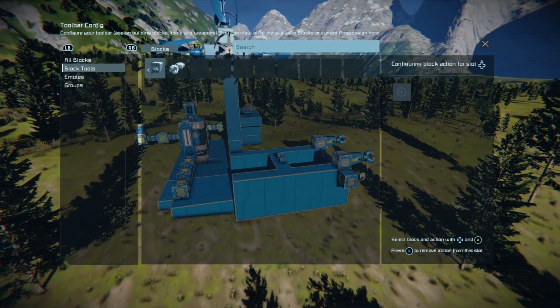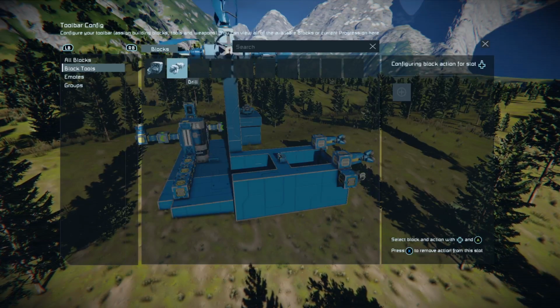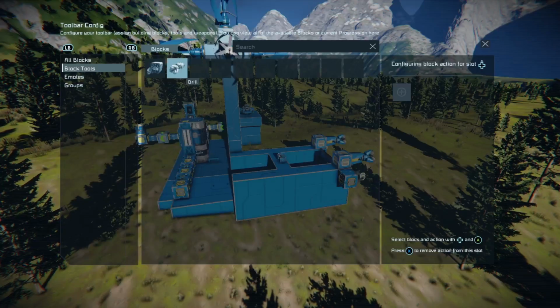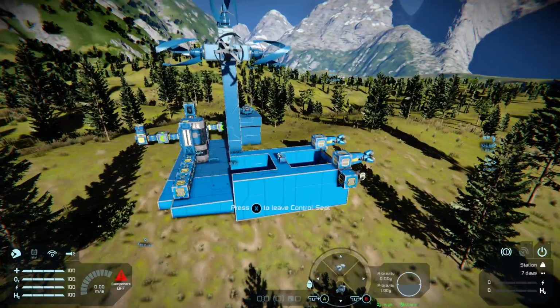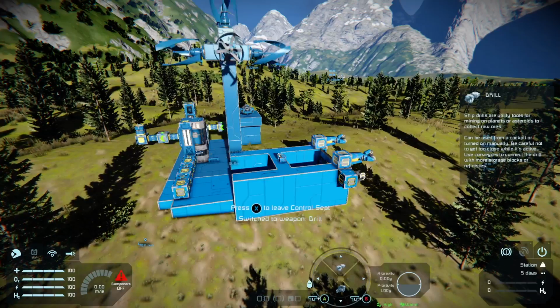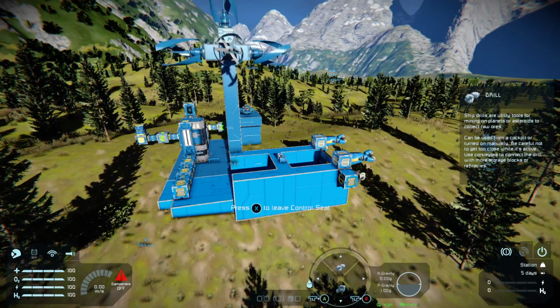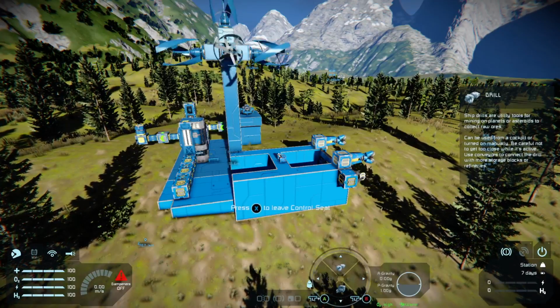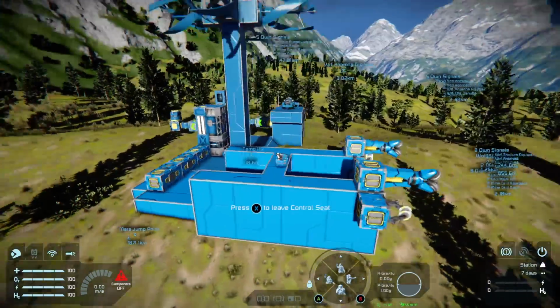So now all we need is block tools. So on our block tools, first of all, our drills at the top and our grinders at the bottom, and then we have our drills, and I'll probably see that, but they are spinning.